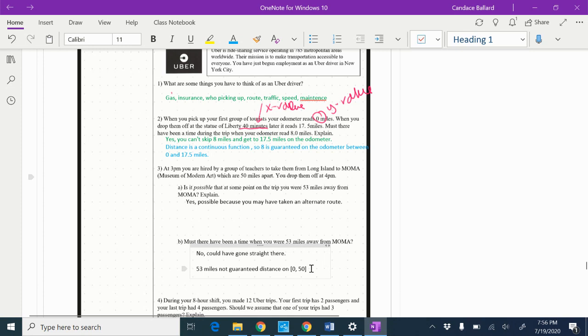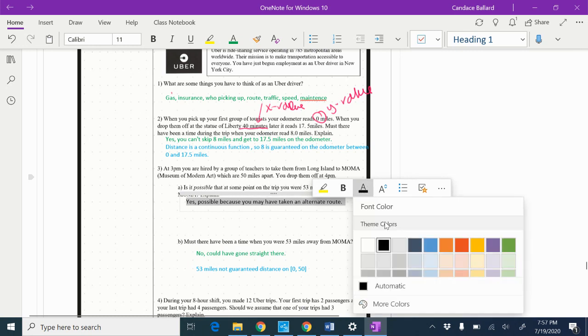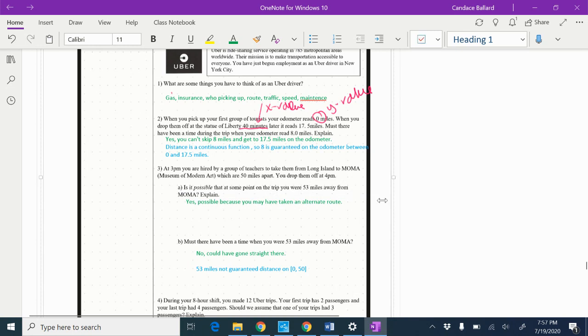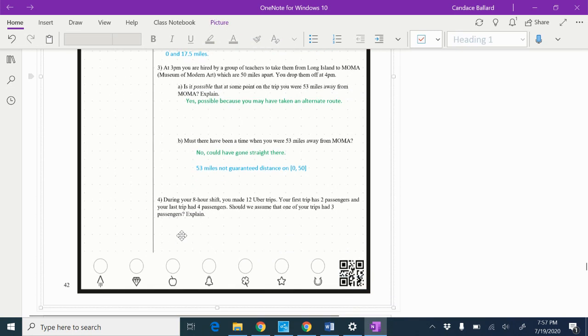Okay, I could highlight that and make it pretty colors too. I'm going to start with blue, and then the green, with the pretty green from down there. There we go. Okay, and then finally,